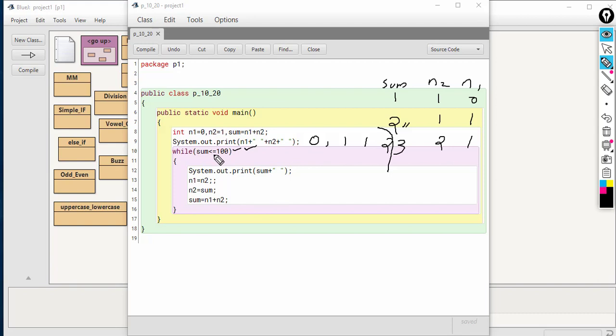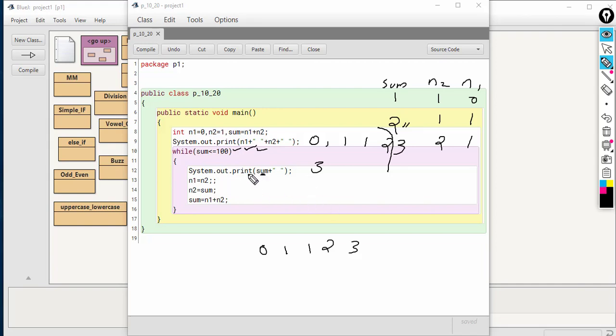Checking the condition 3 less than or equal to 100. That is true again, so we can print the value of sum. What will it print? 3. So 3 will be printed. So what is the actual series? 0, 1, 1, then 2, then this 3. Up to this we got.